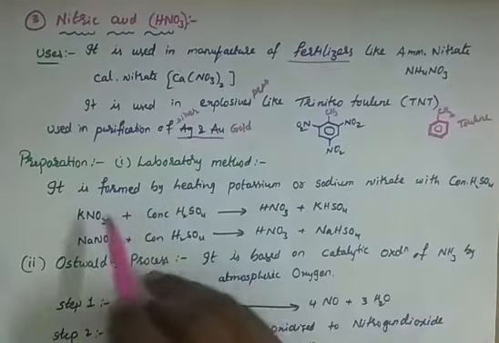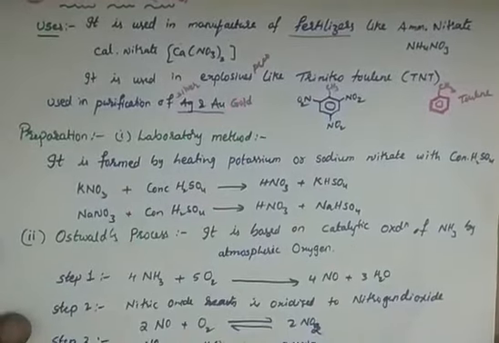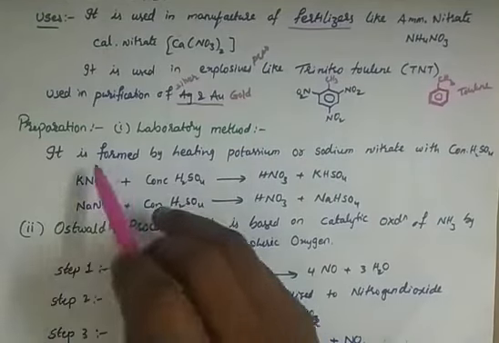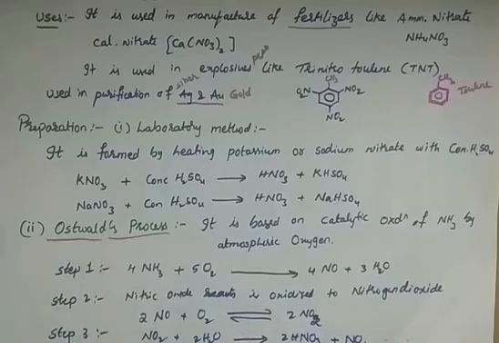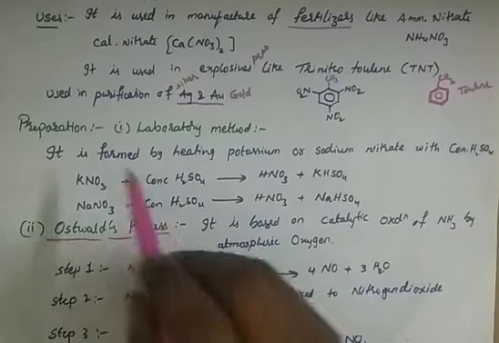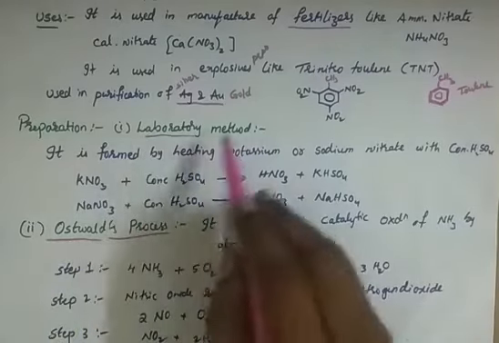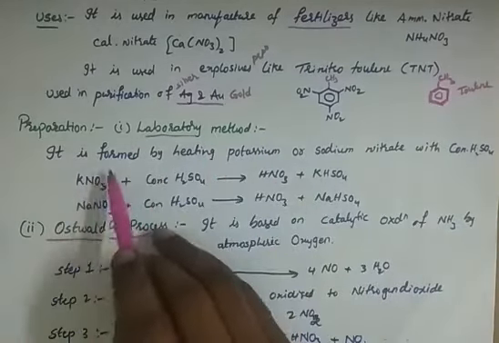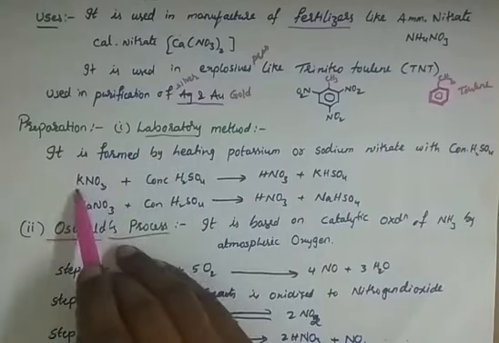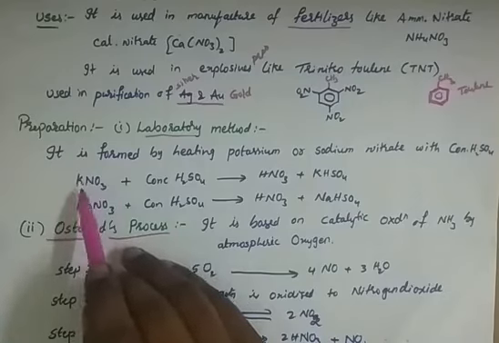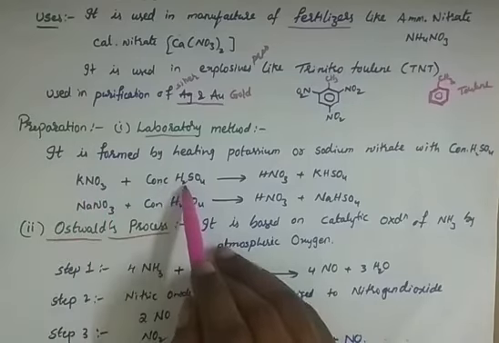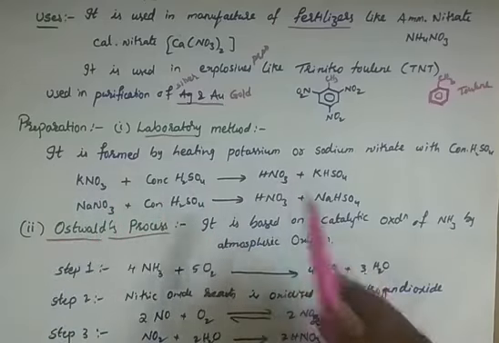Short notations. Now preparation. I'm discussing all the different preparatory methods, but these named methods or commercial methods are very important, at least from your examination point of view. So first, the laboratory method. In the lab we can simply prepare it by heating potassium nitrate, KNO3. Potassium takes a plus 1 charge because it is a first group element, and NO3 takes a 1 minus charge. Therefore, KNO3, when reacted with sulfuric acid, produces HNO3.